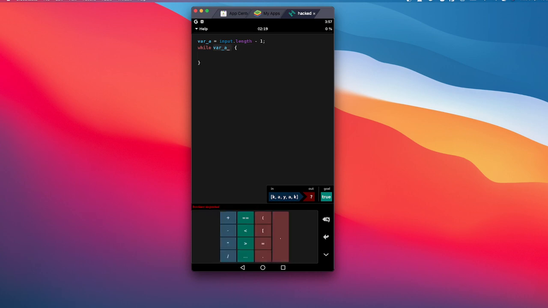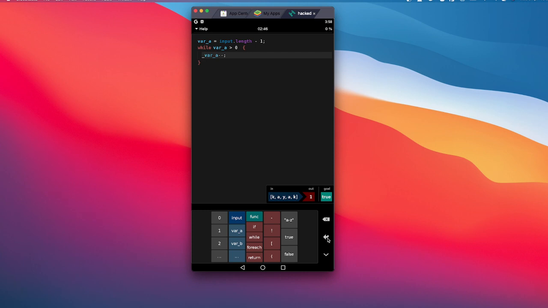So let me clear this and say while a, okay, I can do while a is greater than 0. So let's do that, and then I will do a minus minus, so that for every loop we decrease a. So while a is greater than 0, a is 4 the first time. So let's declare variable b as an array,